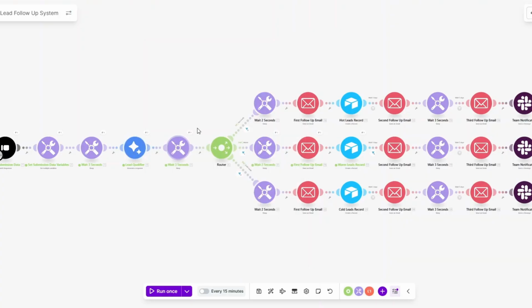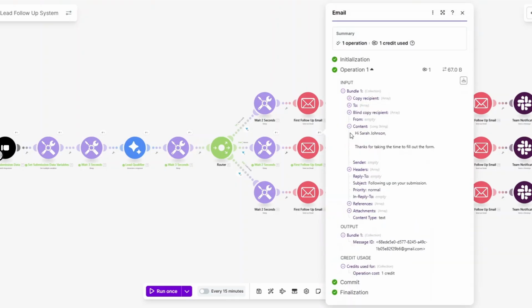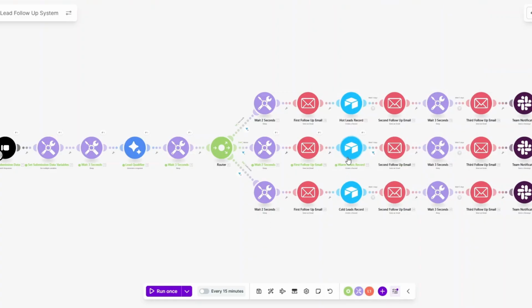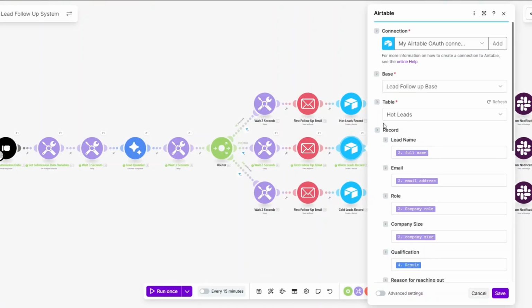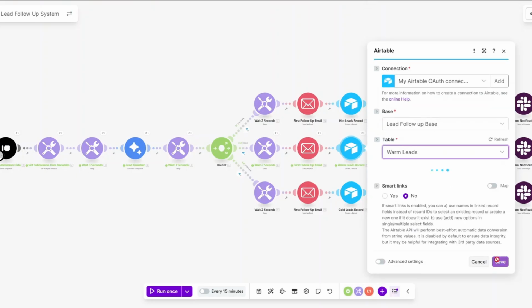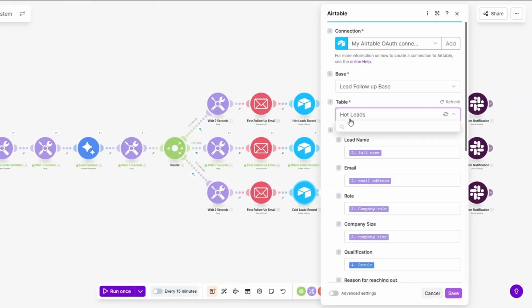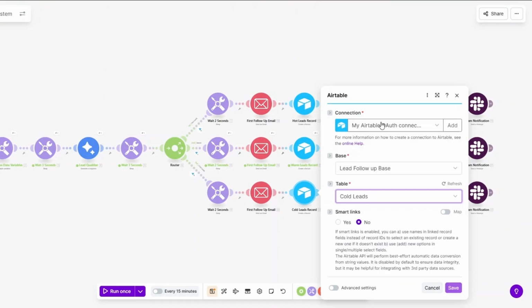Then we wait a few seconds and then route our workflow in the warm leads route and send them the fast follow-up email right here. You can see the emails that we're sending them over here. And then we added the leads in our base in Airtable here. So here, the base, the table was supposed to be warm leads table. Here, click on save. This one was supposed to be cold leads table. Forgot to update this module